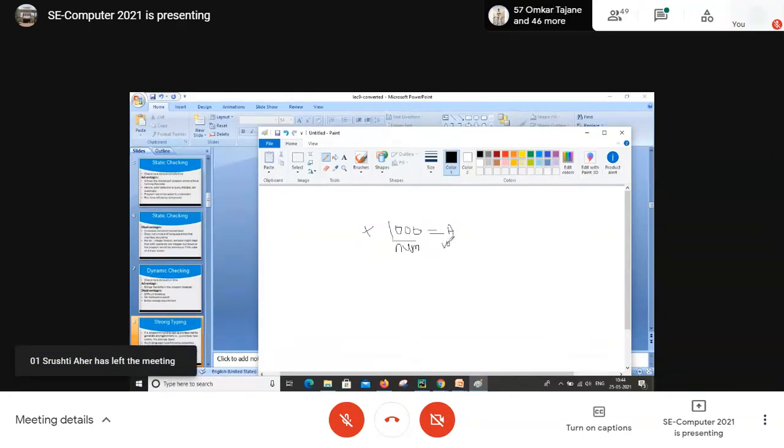This is a number, and this is the variable. We cannot store the number. Sorry, we cannot store the variable in a number. So this is also one of the examples of strong type checking. You cannot do this either. In this way you can give 2-3 examples and elaborate on what exactly strong type checking is.